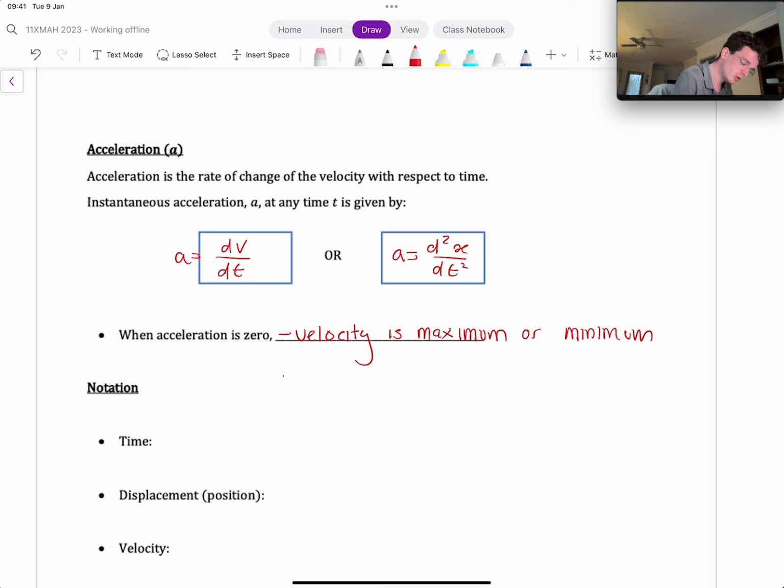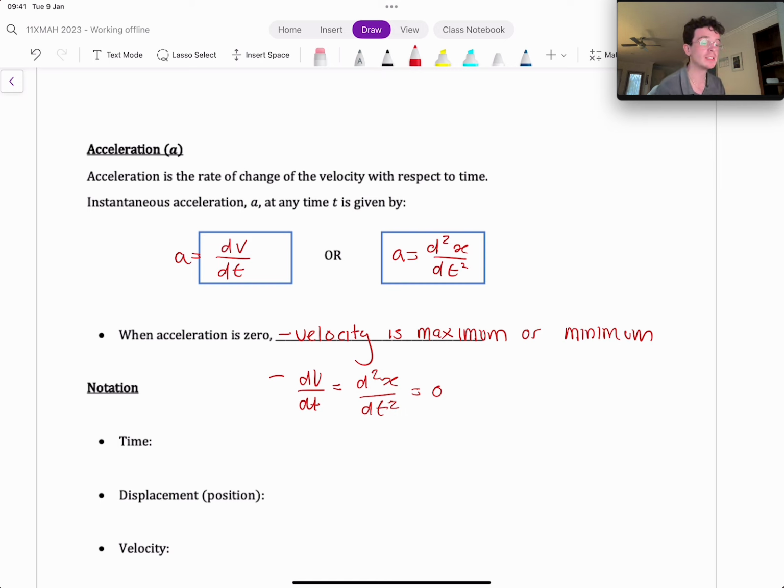And we also might just say that dv/dt is equal to d²x/dt², and it's equal to 0. The idea of velocity being maximum or minimum, you mightn't be as comfortable at the moment with why,